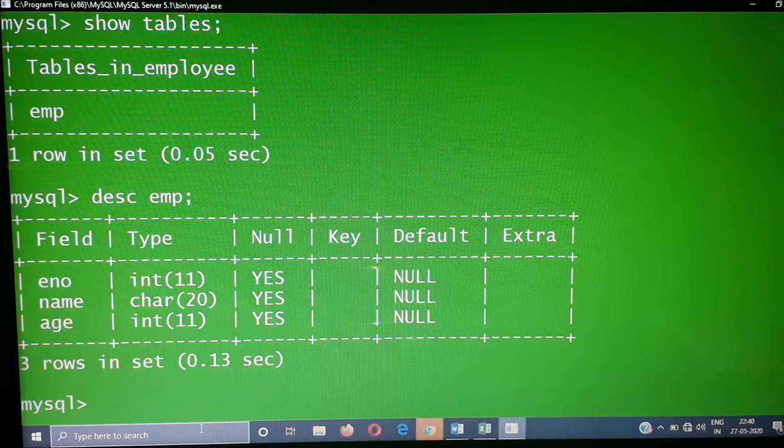Next I want to insert records into the table. So first the structure is created, right? Next we have to insert the records into the table. To insert the records into the table, which query will you use? Yes, the query will be insert into table name. What is the table name here? Table name is EMB. Insert into EMB